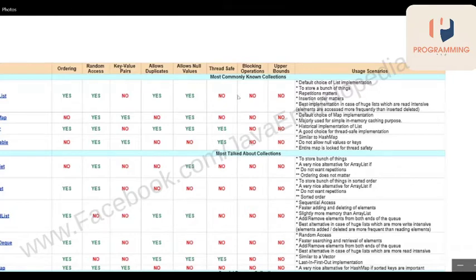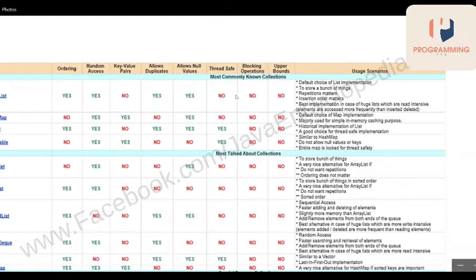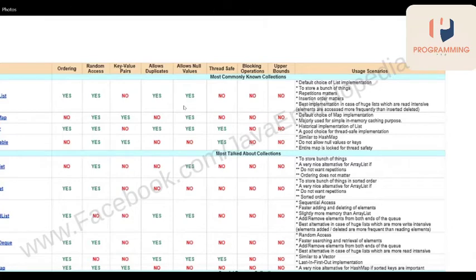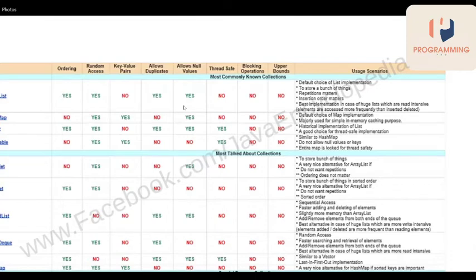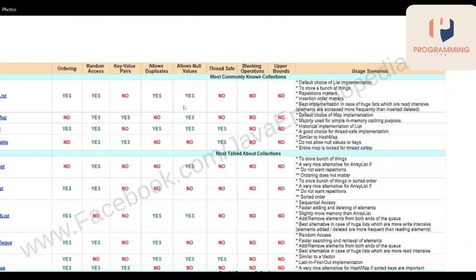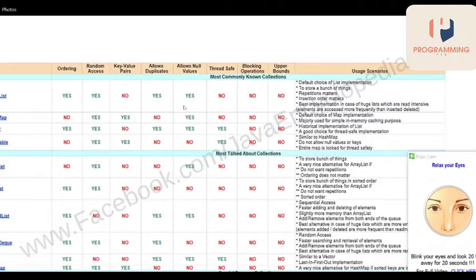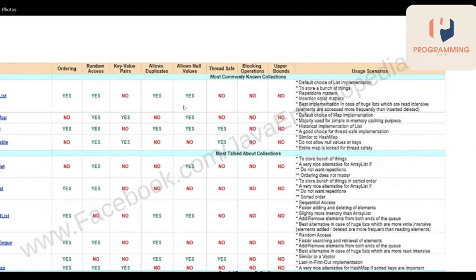I'll tell you about what is not thread safe and blocking operations later. Remaining parameters I'll tell you later. So first of all, when will I decide I want to go for a list? Even this kind of review will happen at the client side. If a review happens in your client projects, the team lead will ask you why you have used this collection over that collection, why you have used a LinkedList over ArrayList. So this kind of questioning is also done, and this kind of escalation will also be done from a client.